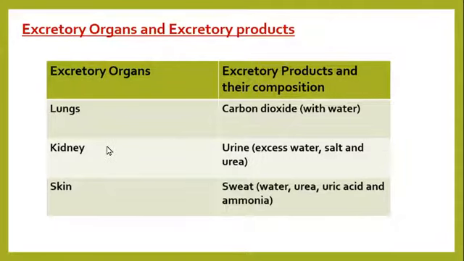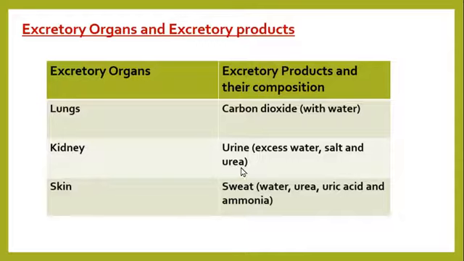Next is the kidney. Now we identify the kidney as bean-shaped organs. And their function is to remove what? Urine from the body. So the excretory product is what? Urine. Now, the urine is composed of excess water, salt,